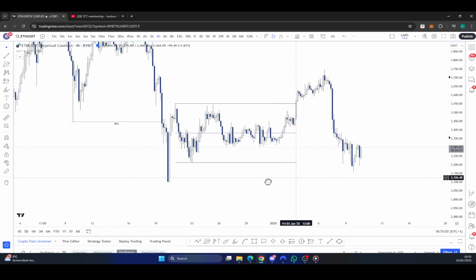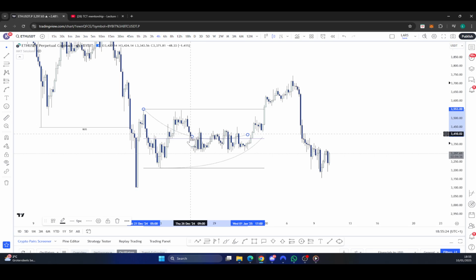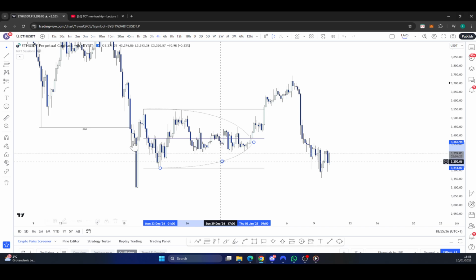Now, what was price doing inside of the range? As we can see, if we look at the highs and the lows of the range, they were never taken. And actually, if we look closely, we can see that price is compressing inside of the range, where right here, if we draw these liquidity curves, we can see that price is slowly making lower highs within the range and higher lows,